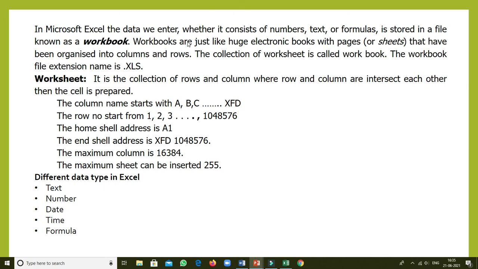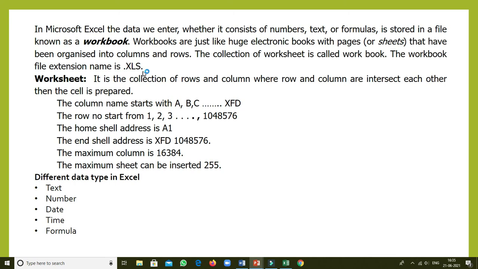A workbook is like a huge electronic book with pages, or sheets, organized into rows and columns. The collection of worksheets is called a workbook, and the workbook file extension is .xls.